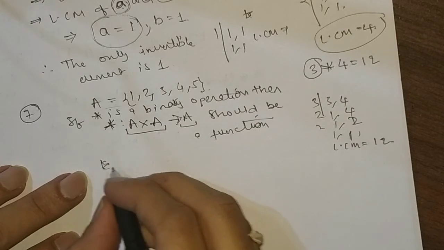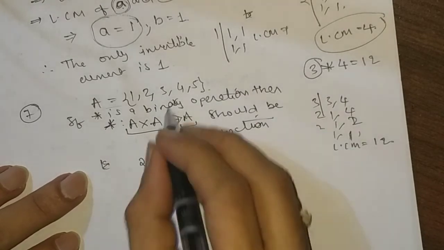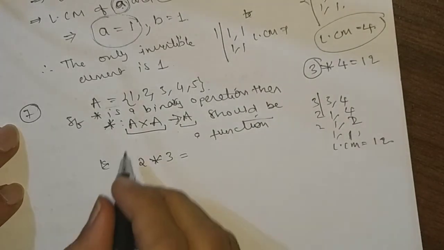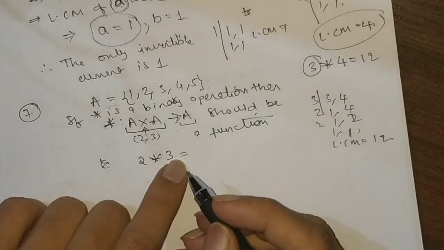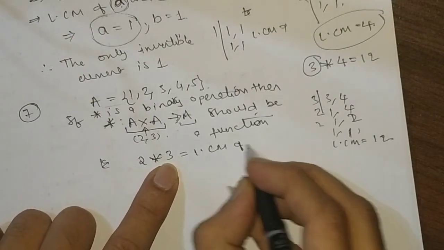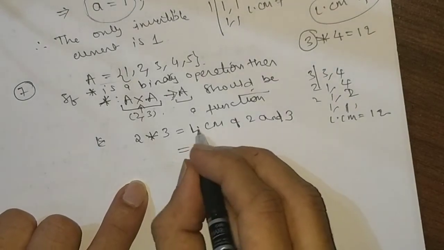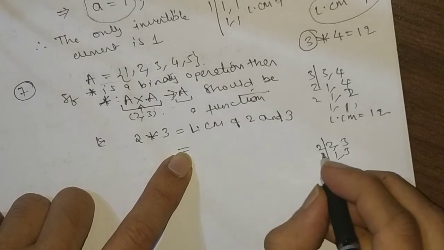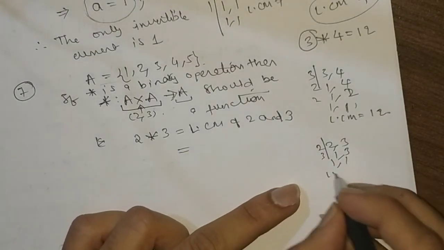So let us check whether this is a function or not. If you take any pair of elements, suppose we take 2 star 3, okay. So what is the meaning of this? You are taking the element 2 comma 3 from this set. 2 star 3 means LCM of 2 and 3, right? So what is the LCM of 2 and 3? 2 ones are 2, 2 twos are 4, 2 threes are 6; 3 ones are 3, 3 twos are 6. Okay, so LCM here is 6,